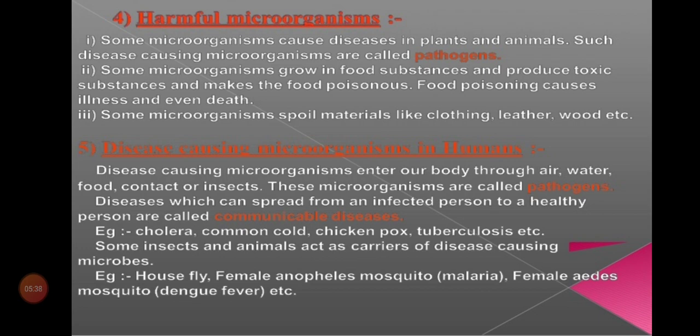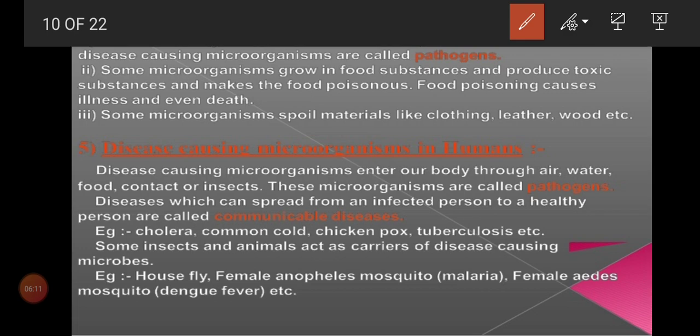Now this is the general category. What we saw till now is all the general category. Now we'll move on to disease causing microorganisms in humans. So we want to see 3 parts only in this, as a 4 part. One is what and all diseases it will cause in human beings, second plants, third animals. So the general category we are thorough with. What is pathogens, and it will lead to illness or death, and it will disturb the clothes also, leather also, and also wood also. Next we'll move on to the disease causing microorganisms in human beings.